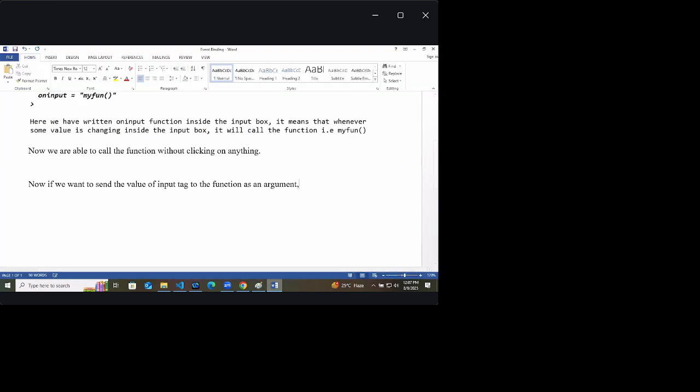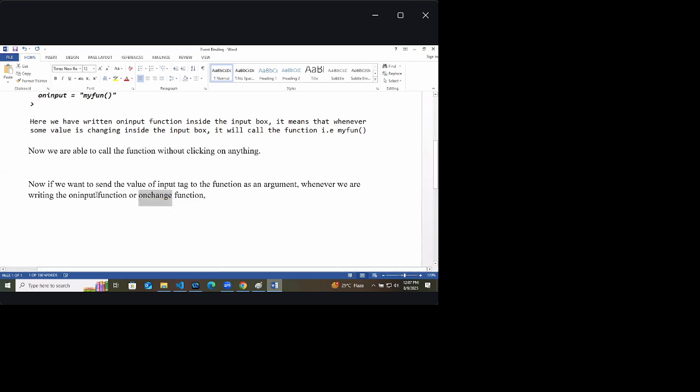So we will write here, whenever we are writing the on input function, always remember that whenever we are writing the on input or on change function, there are two functions, on input and on change.